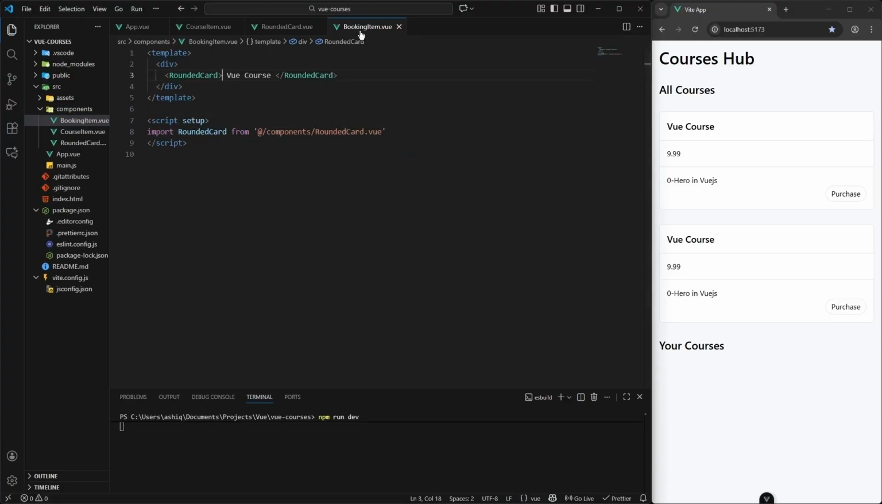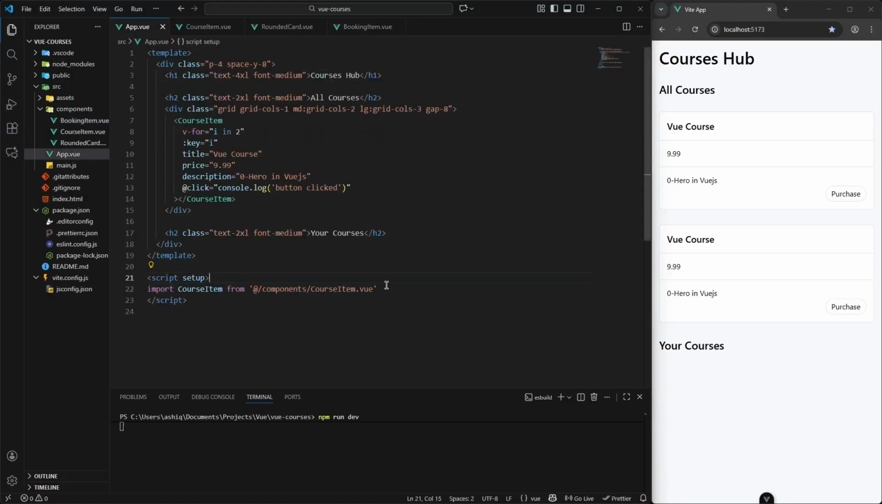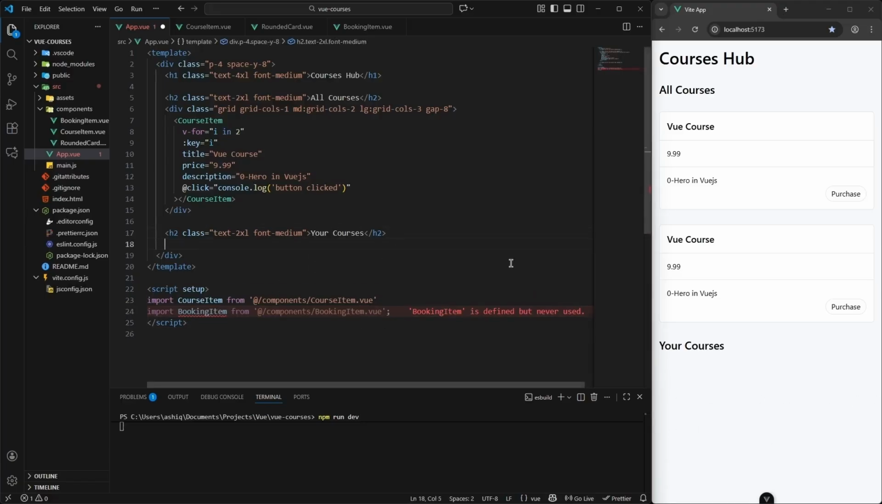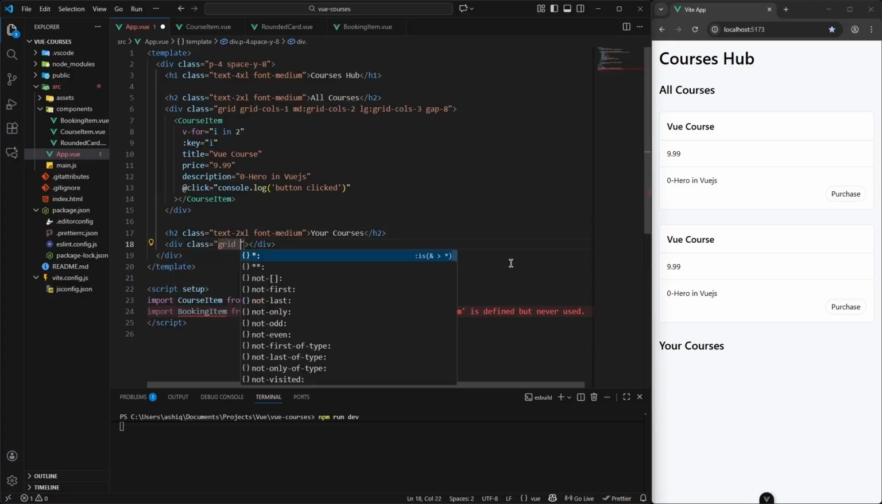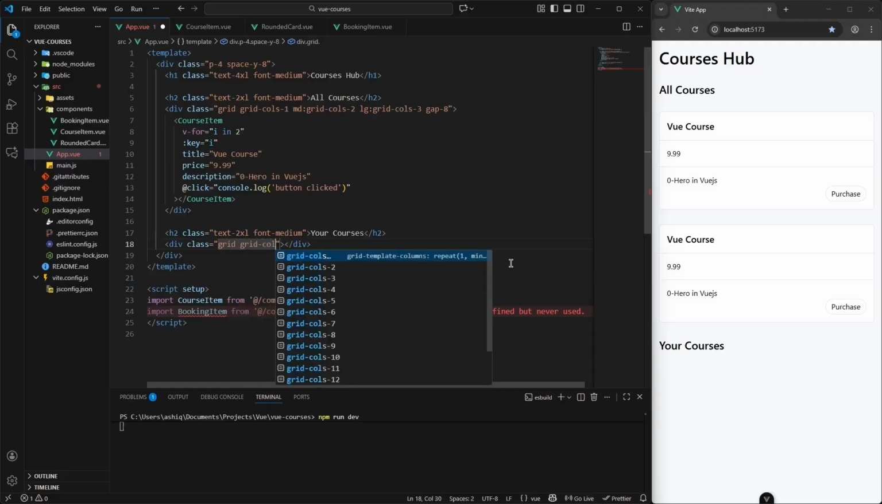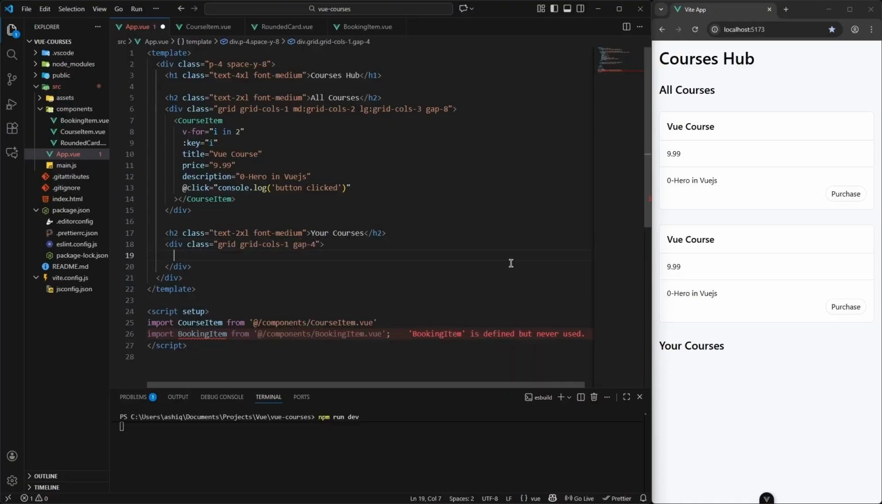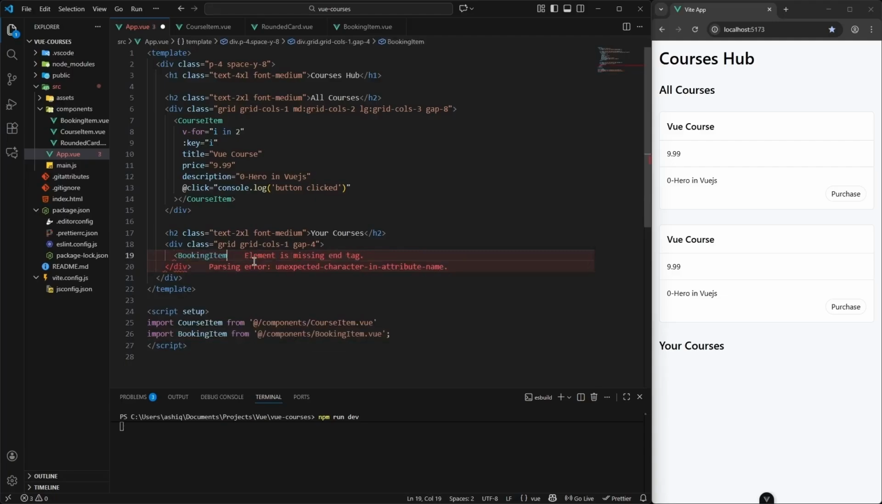And let's use this booking item now in our app.view. So there, I want to import that booking item, and this should be @/components/booking item.view. And now I also want to show it as a list. So I'm going to use a div here with a class of grid, and grid calls to 1 with a gap of 4. And then in between, I am going to call this booking item like an HTML, and I